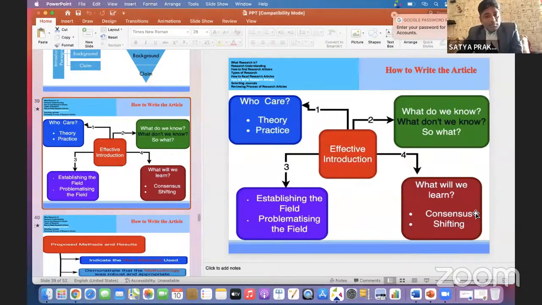Establish the field. Next, formalizing things and shifting the words, shifting the tools. Suppose someone is working on MATLAB or Pascal tools. As we all know, Pascal and MATLAB are old versions, and nowadays Python and R language are there. So will the researcher prefer the Pascal language instead of Python? These are the things which need to be processed.